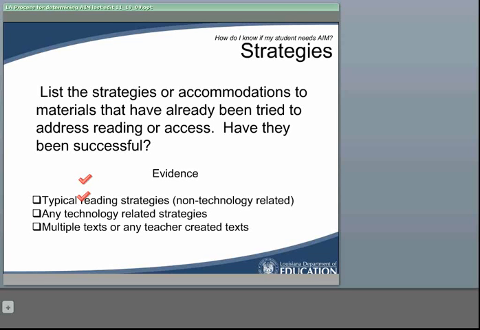When considering Braille, discuss these issues. Has a functional visual assessment been conducted by a vision specialist or Braille specialist? Does the student read Braille currently, or will the student be a potential Braille reader in the future? These are some issues you need to discuss when talking about Braille: the cognitive or literacy skills of the student, the